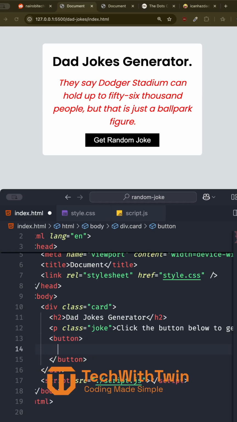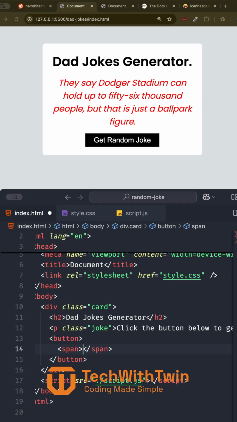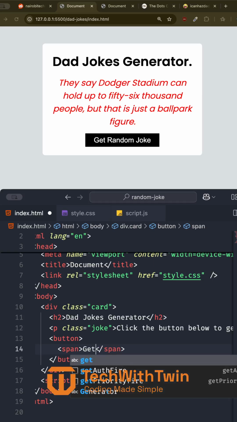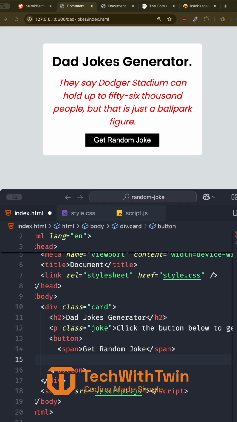Inside the button, we have two elements. We have a span. This span has the text, which is get random joke. And then the next thing we have is the loading indicator. I'm going to use a div with the class loader. So why am I getting this loader? This loader can be found